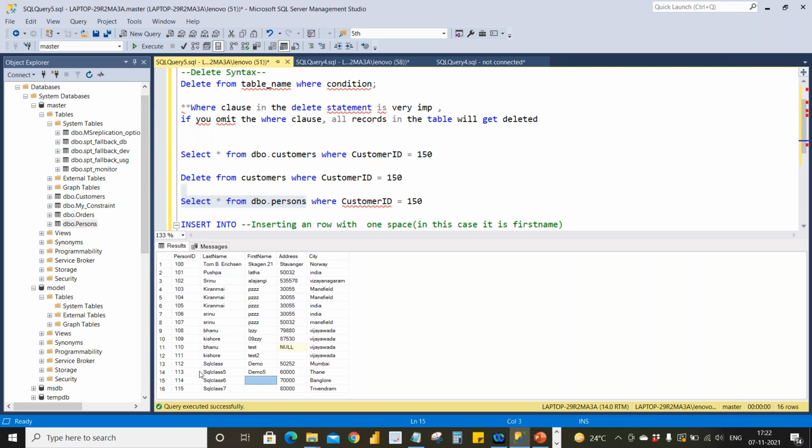Let's select which one to delete. Okay, we'll delete the 104 row.